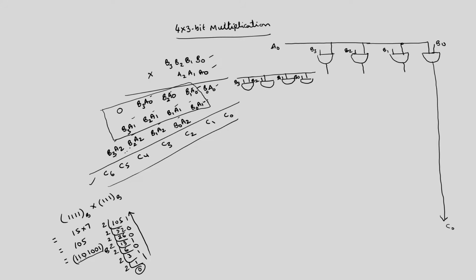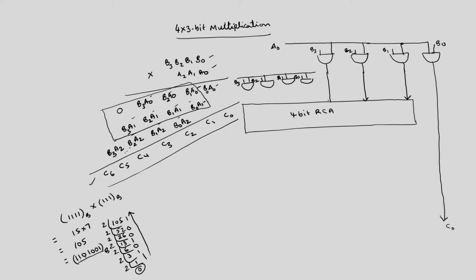So in order to perform this 4-bit addition, we can use a 4-bit parallel adder such as a ripple carry adder. So I am going to use a ripple carry adder here. In fact, the fast adder is the carry look ahead adder. Actually, I have discussed the ripple carry adder, that is why I am using it. Otherwise, you can use the look ahead carry adder also. So the 3 bits are these, and these 4 bits are these. So the 4th bit of the first set of the number is 0.